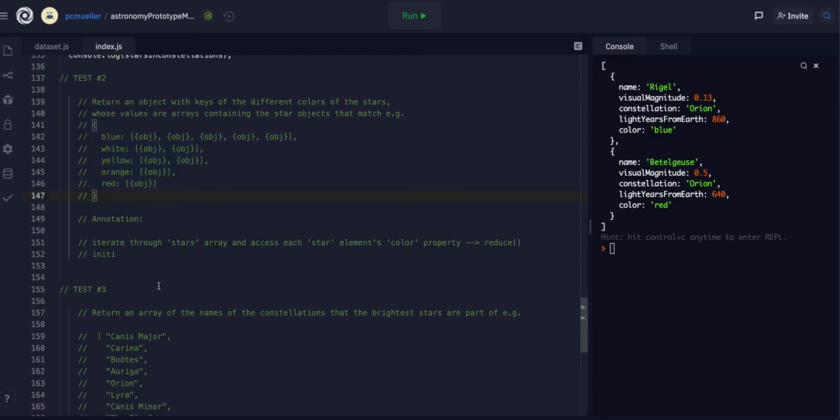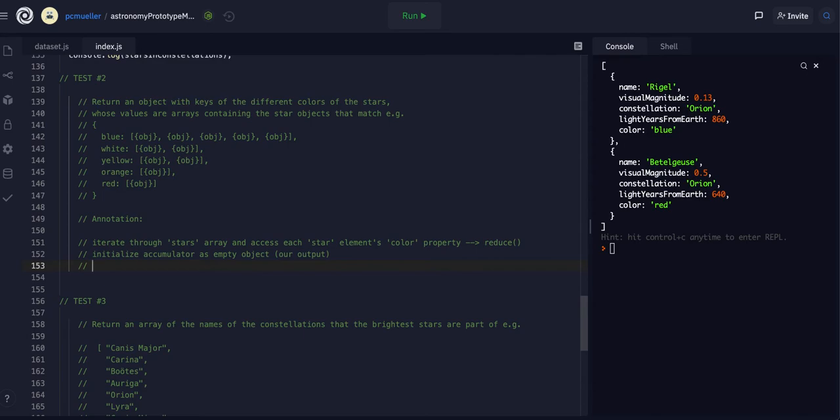Because that's our return data type. Our output. Then as we access each star, we're going to want to use a conditional